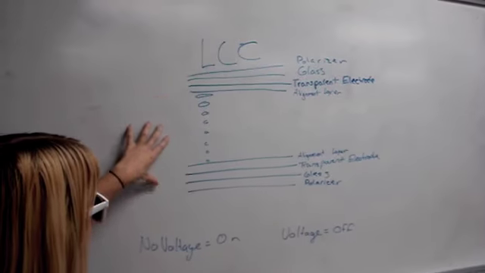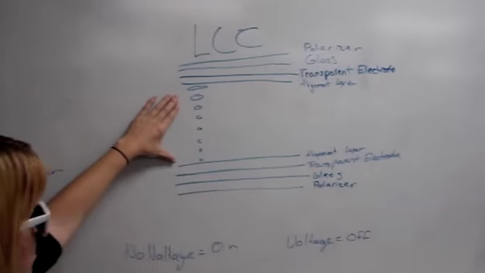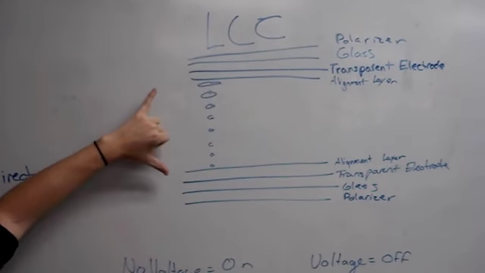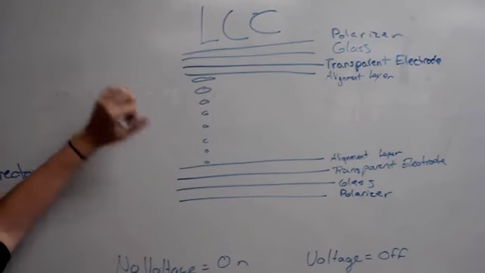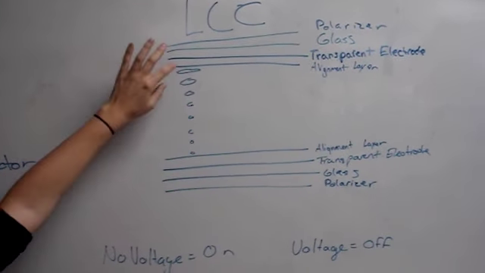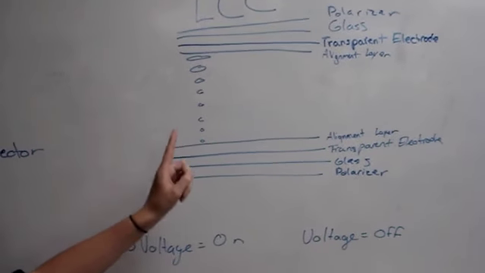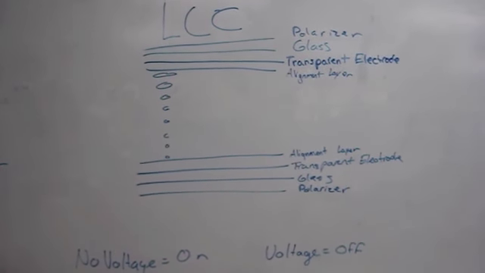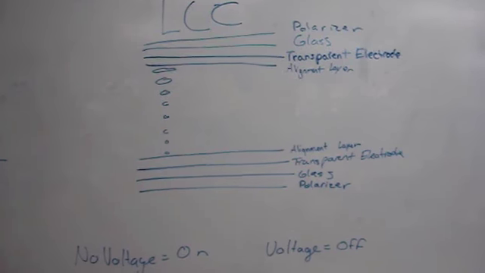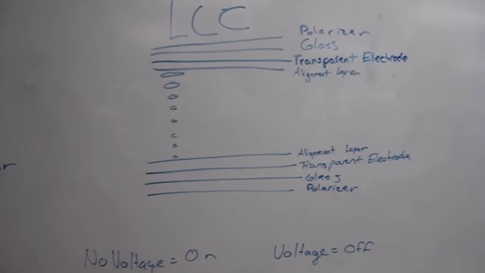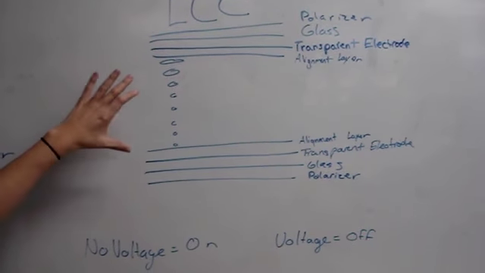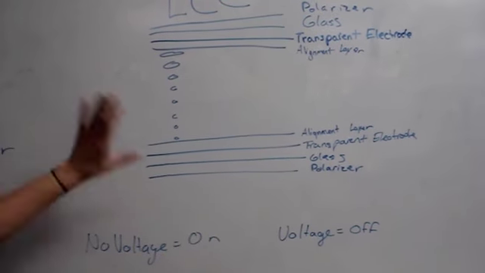A normal liquid crystal cell is a layer of liquid crystals sandwiched between an alignment layer, then two transparent electrodes, a layer of glass, and polarizers. The alignment layers act to twist the liquid crystal cells. When no voltage is applied to the system, it's considered on, and light can pass through the liquid crystal cell. When there is a voltage applied, it causes the molecules to move and change the polarization,